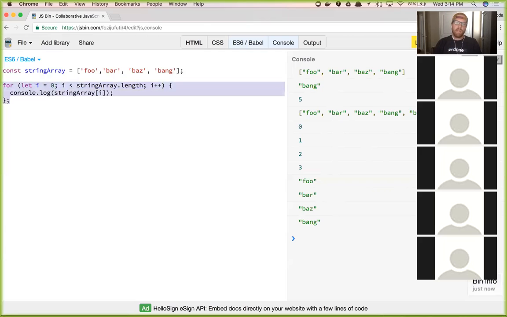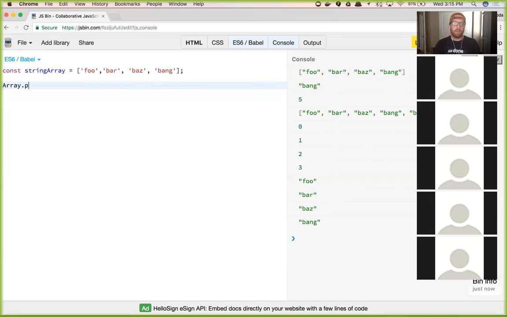Now, if we don't need that control, but all we want to do is iterate over the entire array, and we're only concerned about the items at each specific index, we have this built-in JavaScript property called forEach. It's a method that's chained onto the